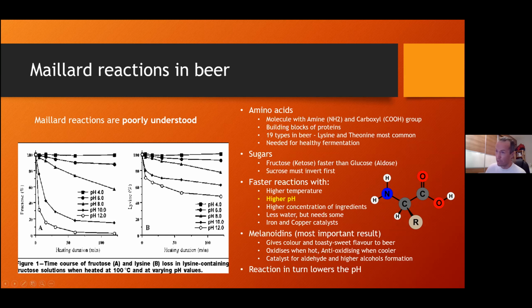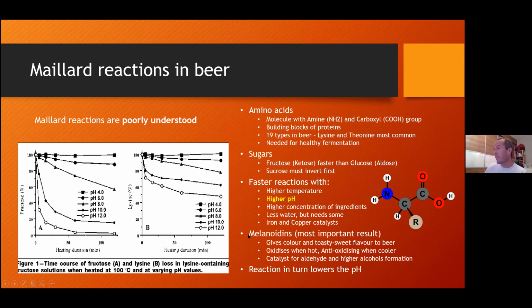What this graph has really shown me is what makes candy sugar unique, in that you've got fructose and lysine reacting at a really high pH of 12. It's literally minutes, and everything has reacted and gone. The products of that are also what we'll talk about. So this is really what goes in, and then measurements of what's depleted afterwards.